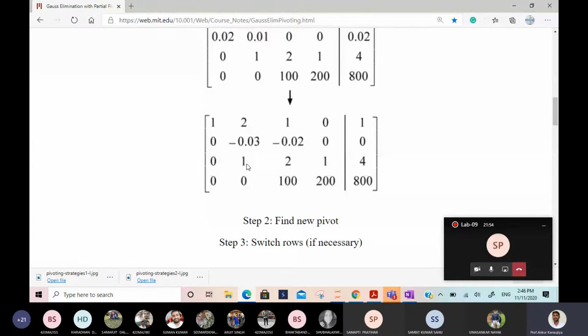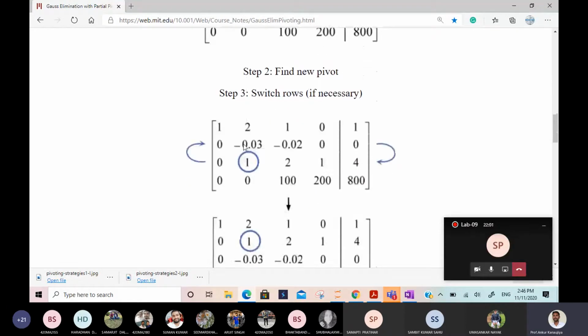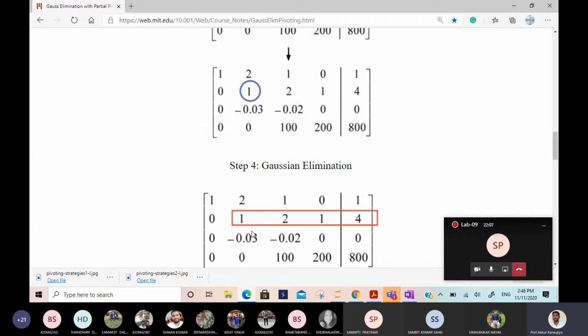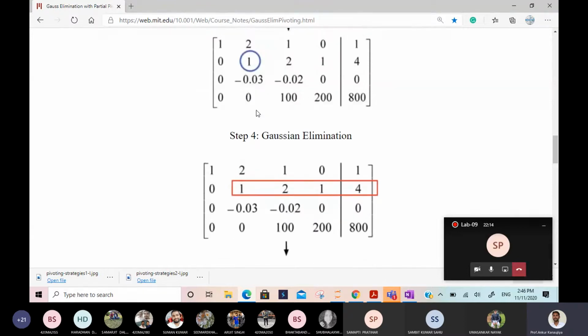With the help of this one, we'll make it. So we'll interchange the second and third rows. After interchanging, this row will go up and we'll get this one. Now again we'll apply some row operation. With the help of this one, we'll try to make it 0. The same process we'll do to make the upper triangular form. That is Gaussian elimination. Even if you apply Gauss-Jordan, we have to do the same thing. Even in LU decomposition also, we have to do the same thing.